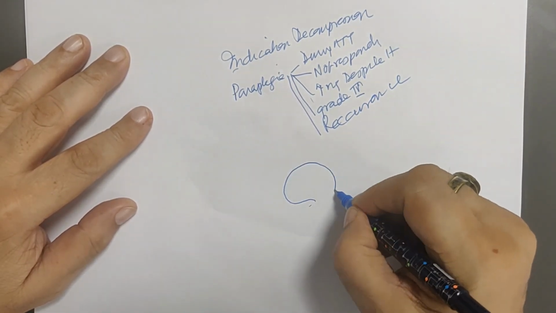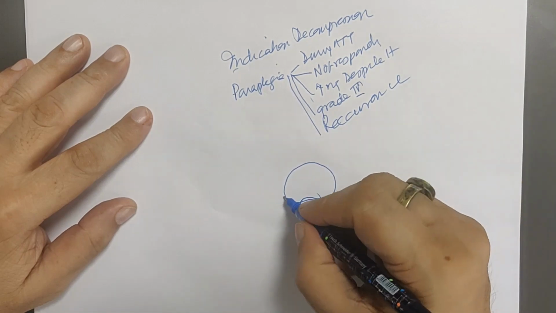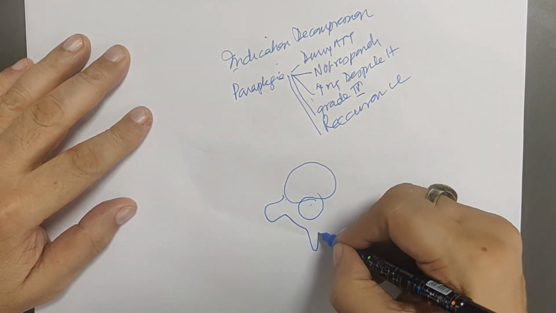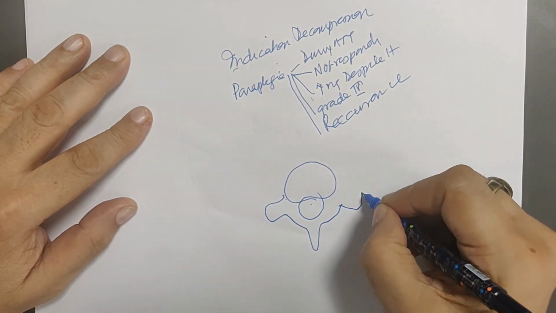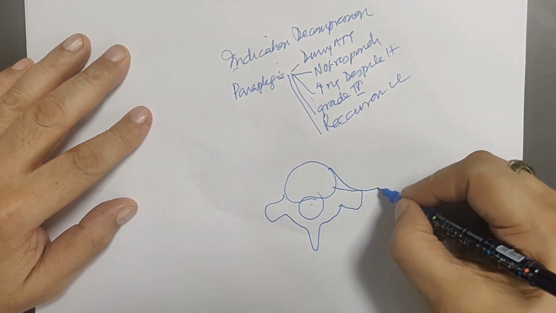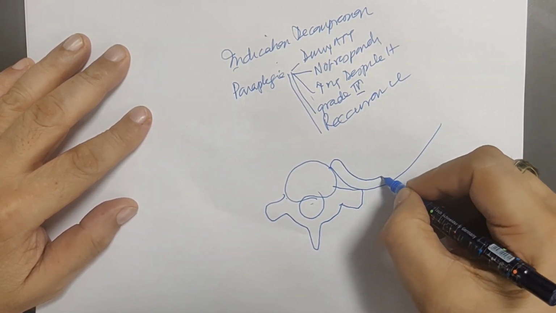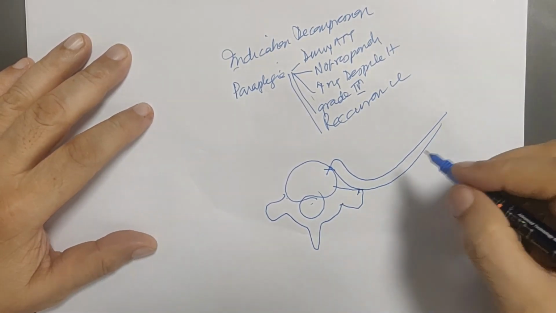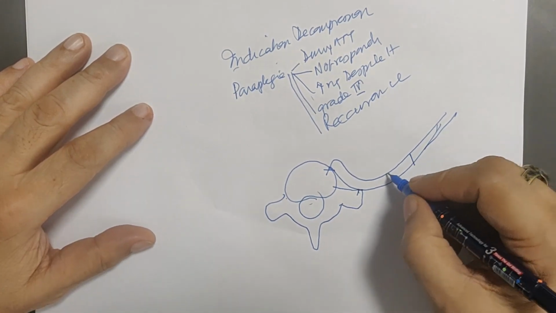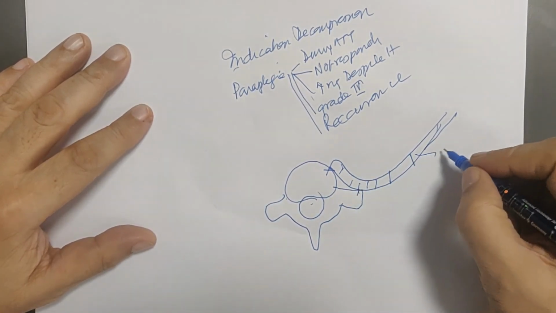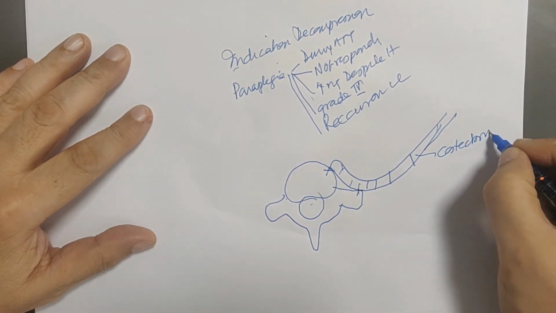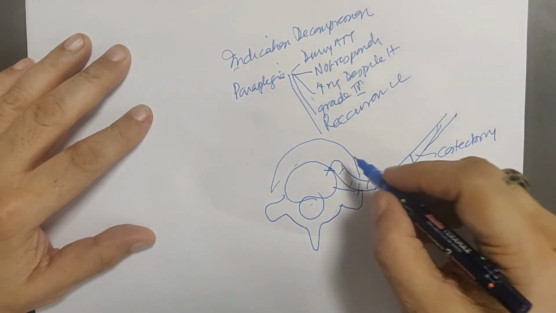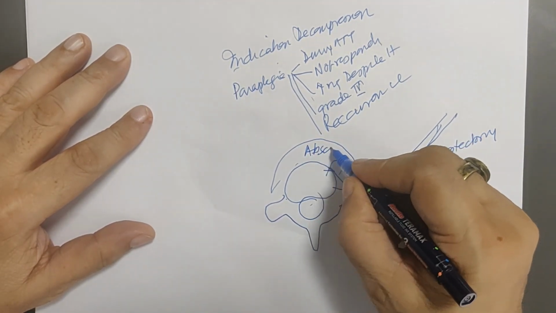And what do you operate? So this is the vertebral body, this is the lumen, this is the transverse process, this is the lamina, this is the spinous process, and we are drawing a thoracic vertebra. This is the rib which is articulated with the vertebral body and the transverse process. So the operation that you do can be to remove the rib. So this is costectomy. Here is the abscess. If you remove the rib, the abscess would be decompressed.